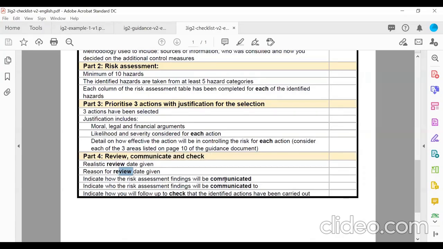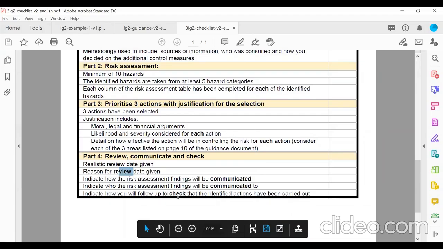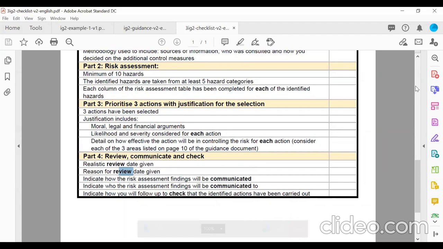Indicate how the risk assessment will be communicated and to whom it will be communicated. You need to identify how: meetings, notice board, trainings. Whom: the people, managers, supervisors, workers, and so on. And finally, how to check that the identified action has been carried out or implemented. And that's it, guys. If you want to pass, please go through this checklist, please go through the guidance, and